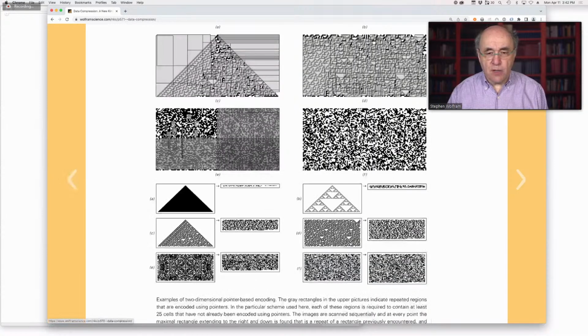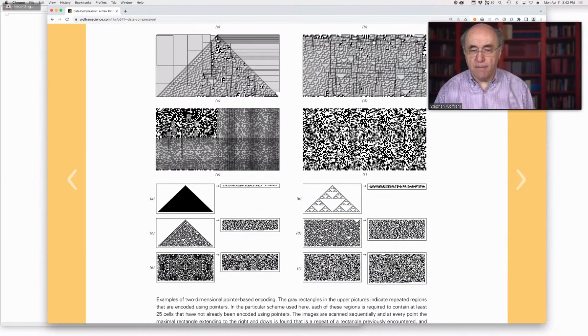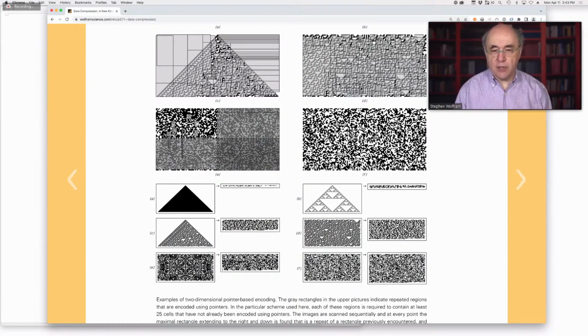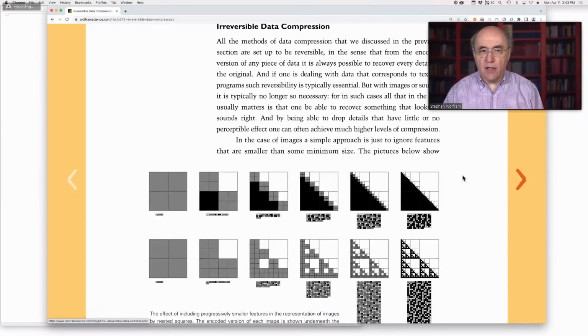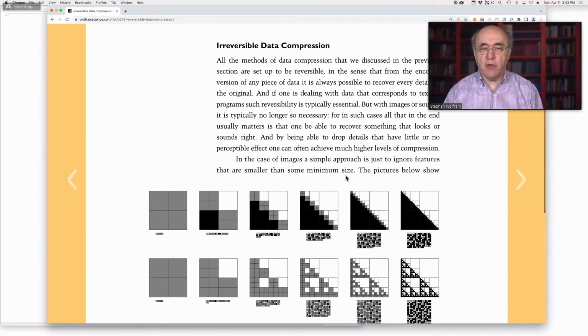So those are all examples. In these compression methods that we've seen here, one feature that they have is once you've got the compressed data, you can always uniquely go backwards and reproduce the original data from it. So you're using the regularities in the data to specify the data in less bits than the original data itself took. Just like in Morse code, if you see a dot, that's an E, you can go backwards from the Morse code to the original message. Okay, that's reversible data compression. There's also irreversible data compression.